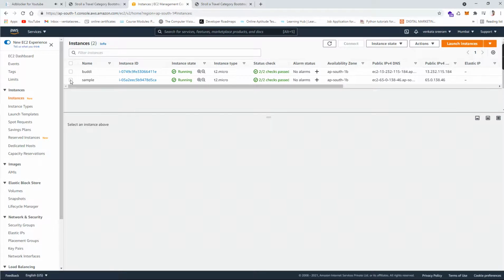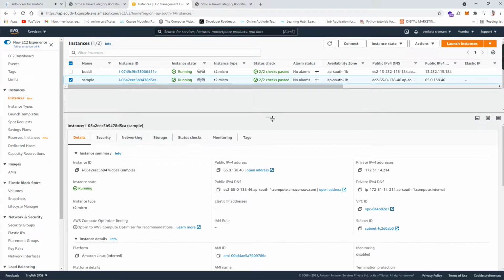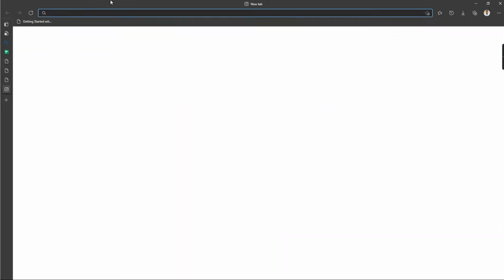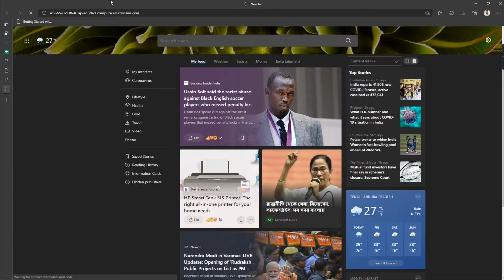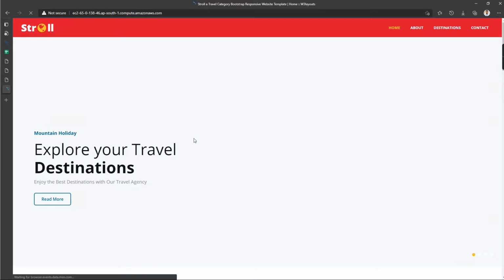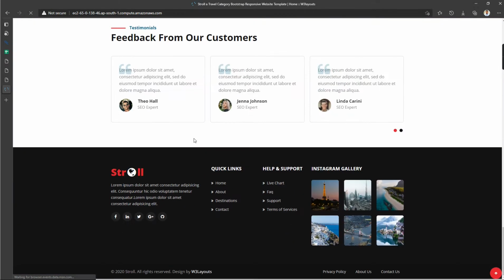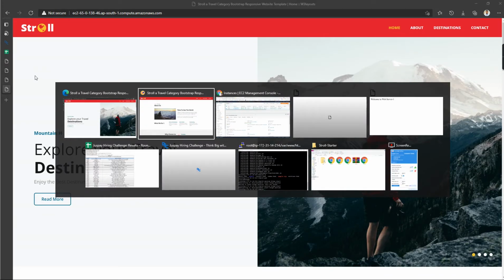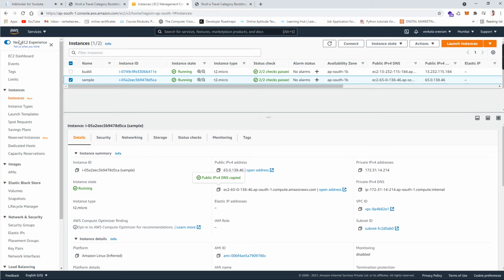Whenever you run service httpd start, it will automatically start it, so your website is now live. You can check by clicking on this instance, where you can see the public IPv4 address and the IPv4 DNS. You can check it with your DNS also. Let me open the DNS also. DNS is related to load balancing, which we will see in the upcoming lectures. So in this way we can create and launch our website in Amazon Web Services as a hassle-free solution, right?